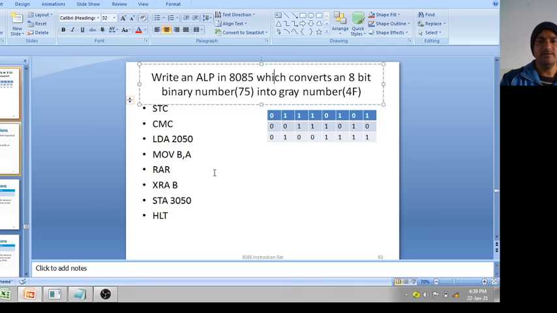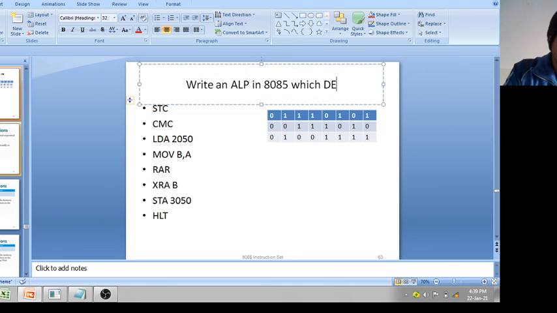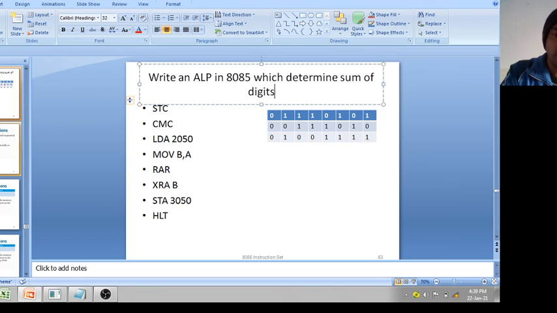Now I am implementing an assembly language program which determines, sorry, that is in caps lock, which determines the sum of digits of an 8-bit number.